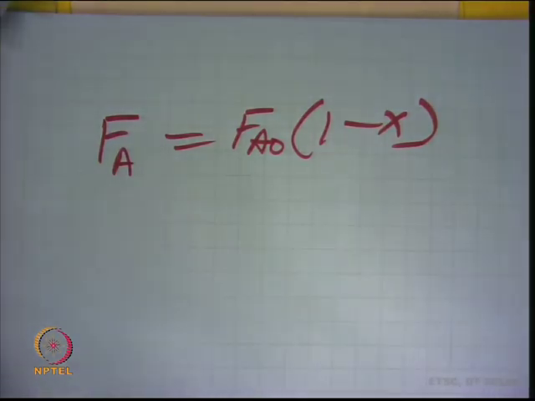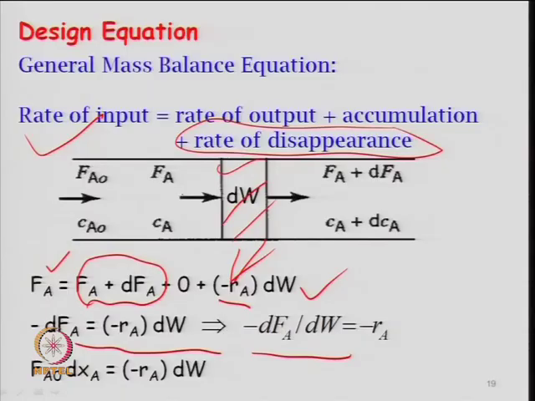So, at any point this is the moles present. F A is the moles present at any point, say z is equal to 0 or z is equal to z plus delta z. This has been written in the form of F A naught times (1 minus x A). So, the equation gives you F A naught d x A equal to minus R A times d W. This is the differential form of the reaction, and sometimes we write minus R A dash here,